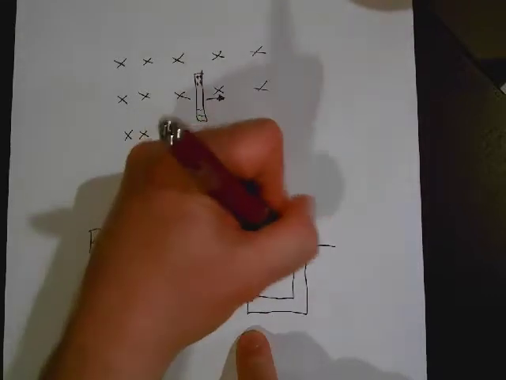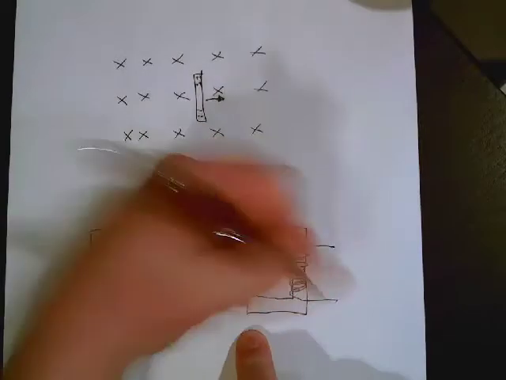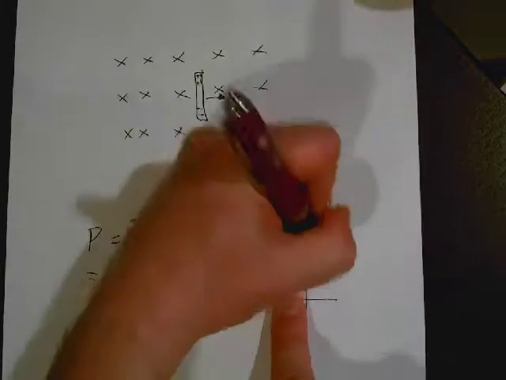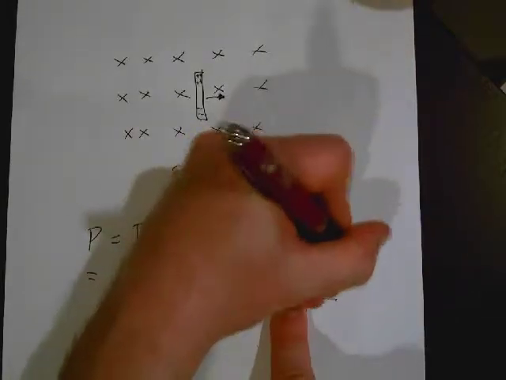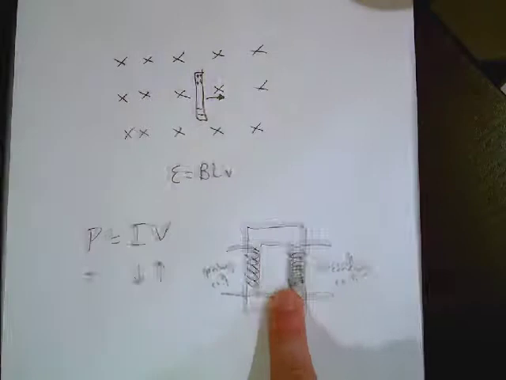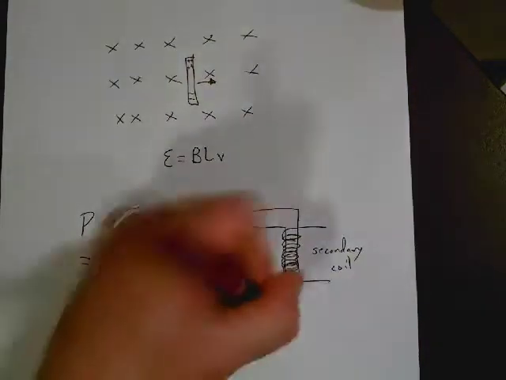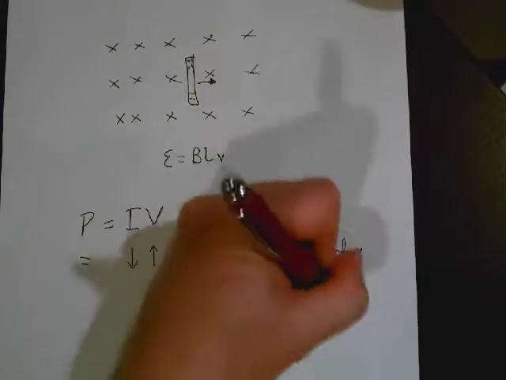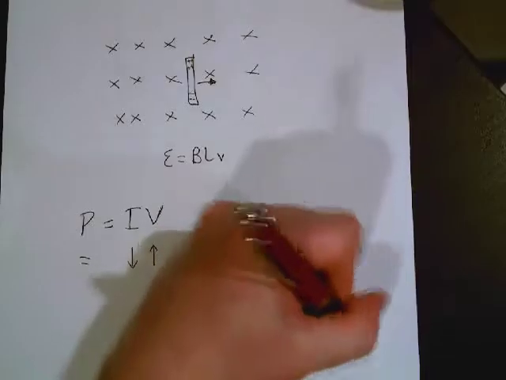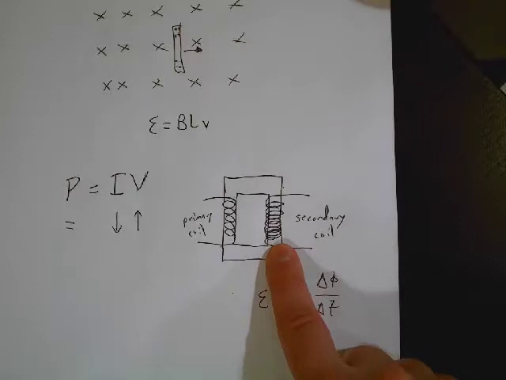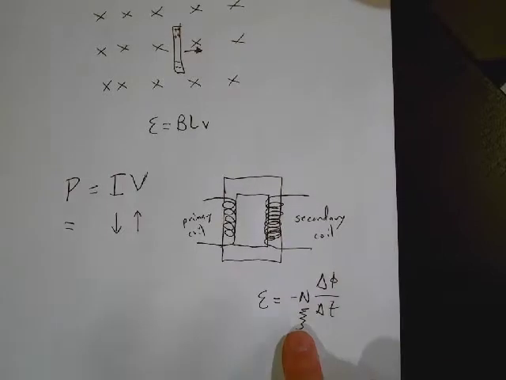If you wrap this coil around something that is iron, that changing magnetic field is going to get contained in that iron. And then if you loop something on the other side, now I have a changing flux in this coil. Well, if you have a change in flux in that coil, you're going to induce a voltage across it, and then